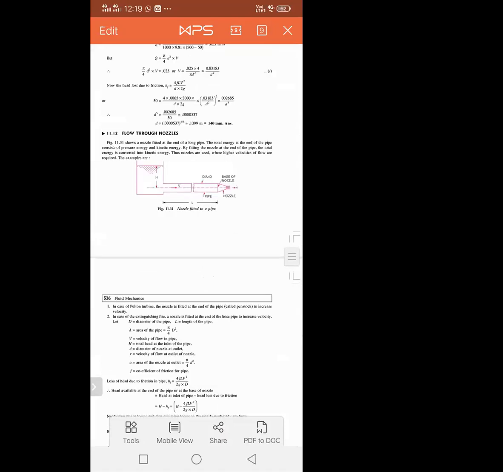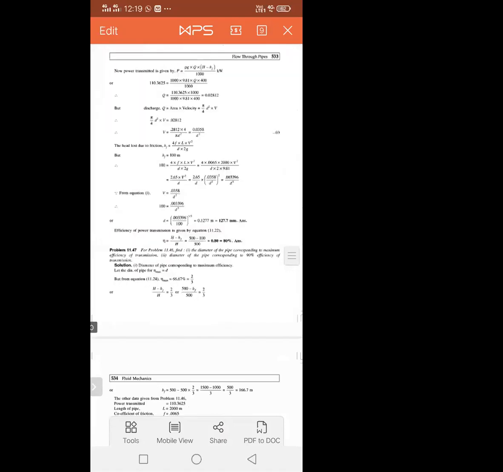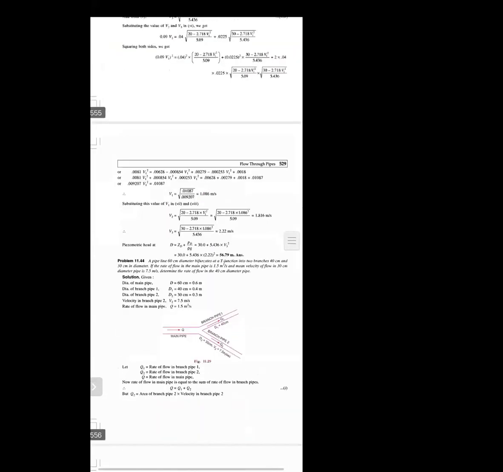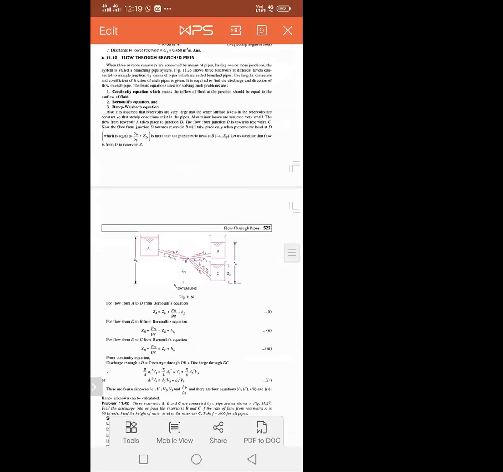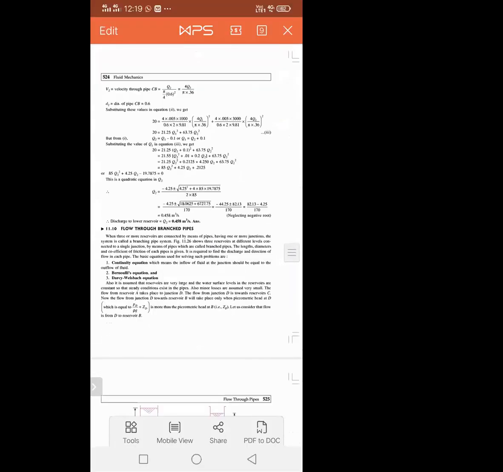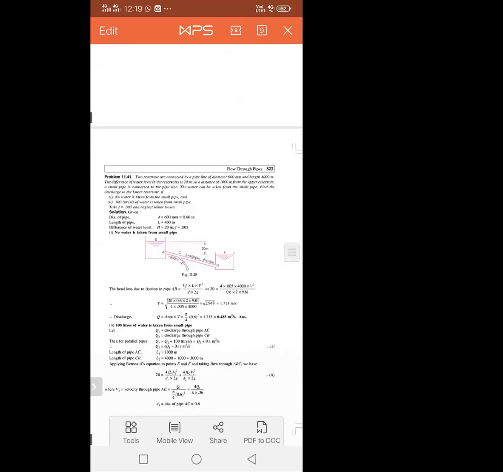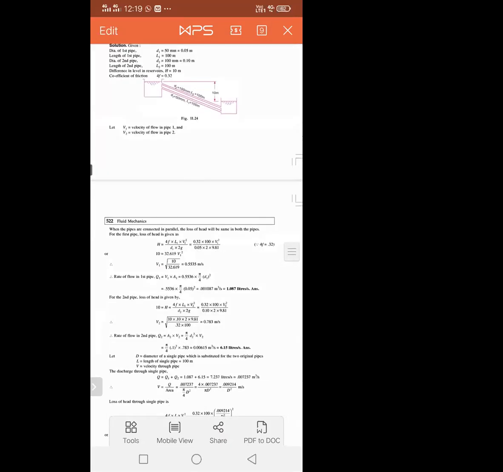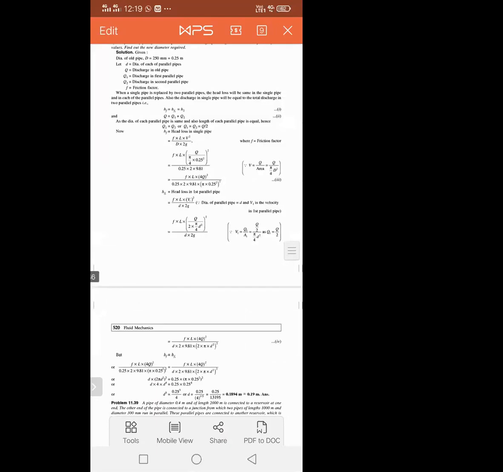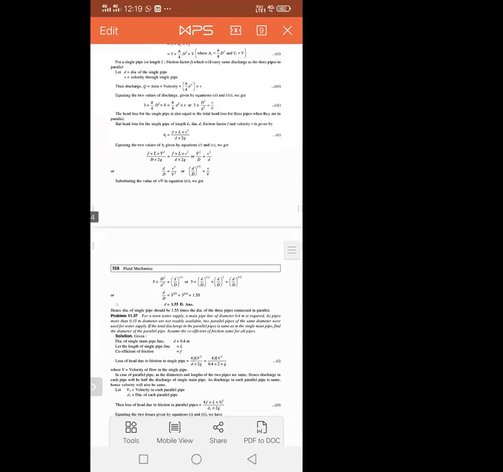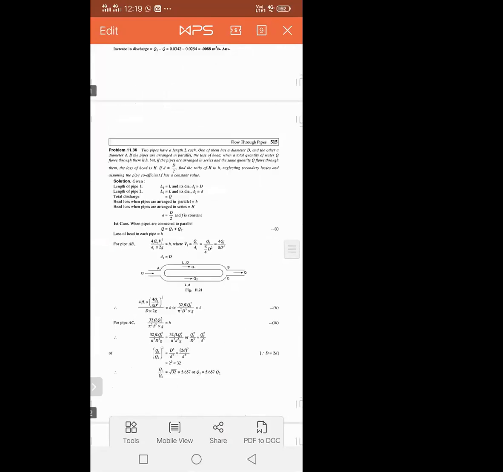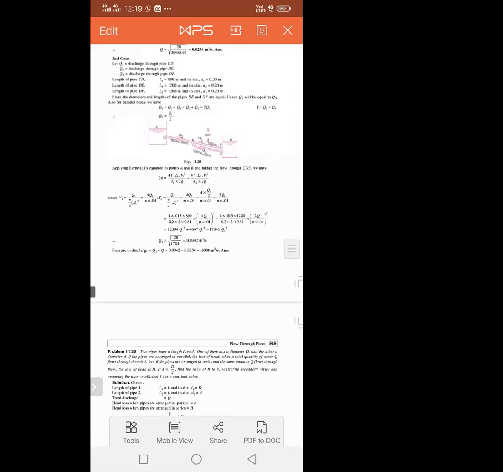After obstruction, see what happens. The pipe has an initial diameter, and in that pipe an obstruction means something is going to block it. Okay, and due to that obstruction the diameter of that pipe is reduced, okay, and then calculate loss of head due to obstruction of pipe. One second.